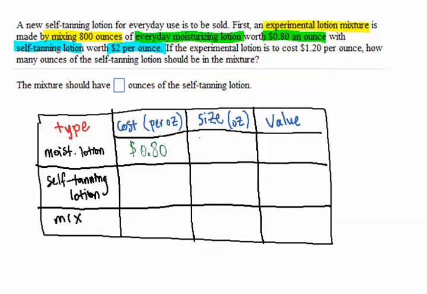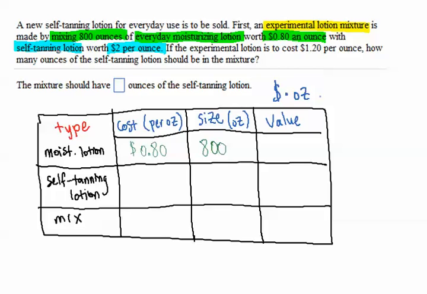What's the size of the moisturizing lotion? 800 ounces. First, an experimental lotion mixture is made by mixing 800 ounces. Oh, you know what? You are correct. That is correct. And so let me re-highlight this to match like I had before. That is the size of the moisturizing lotion, 800 ounces. What's the value of that bottle right there? Yeah, exactly. So the value is going to be the cost times the weight,